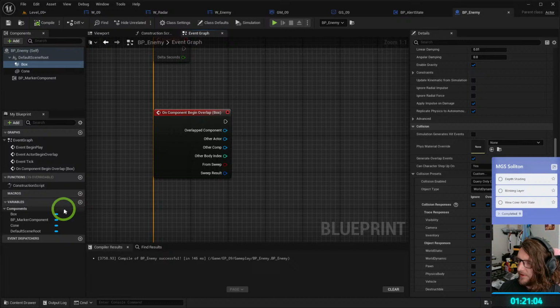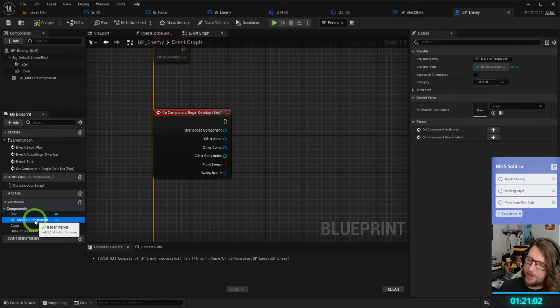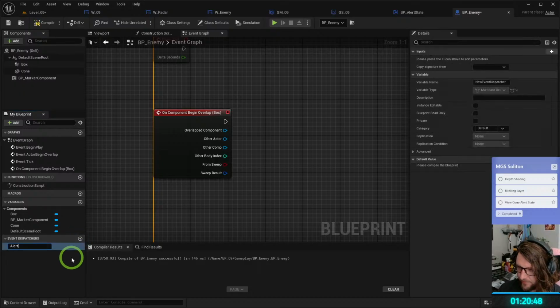I guess our marker component here is our route to seeing the state through the widget hierarchy, because we're getting the marker components, and so from that we can get the owner, cast it to enemy. Let's do a dispatch on here. Ooh, what I could do,